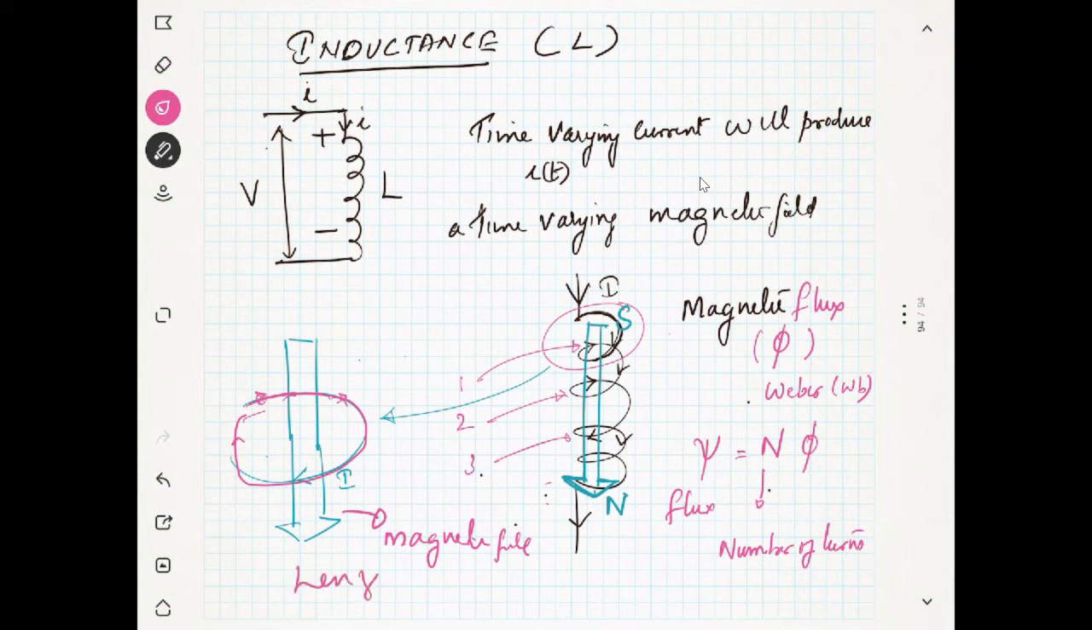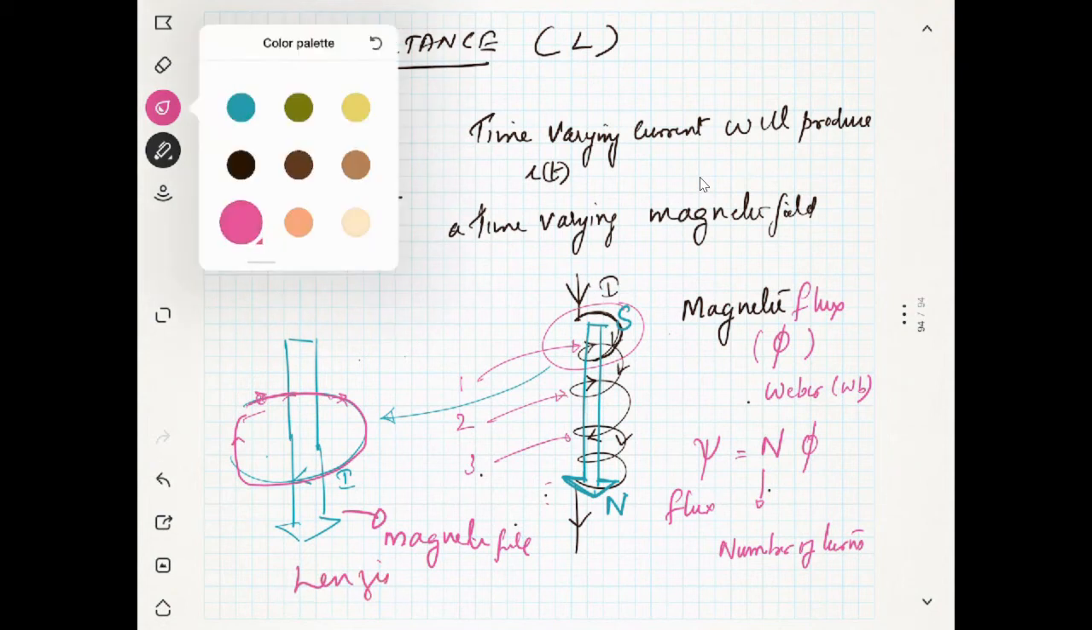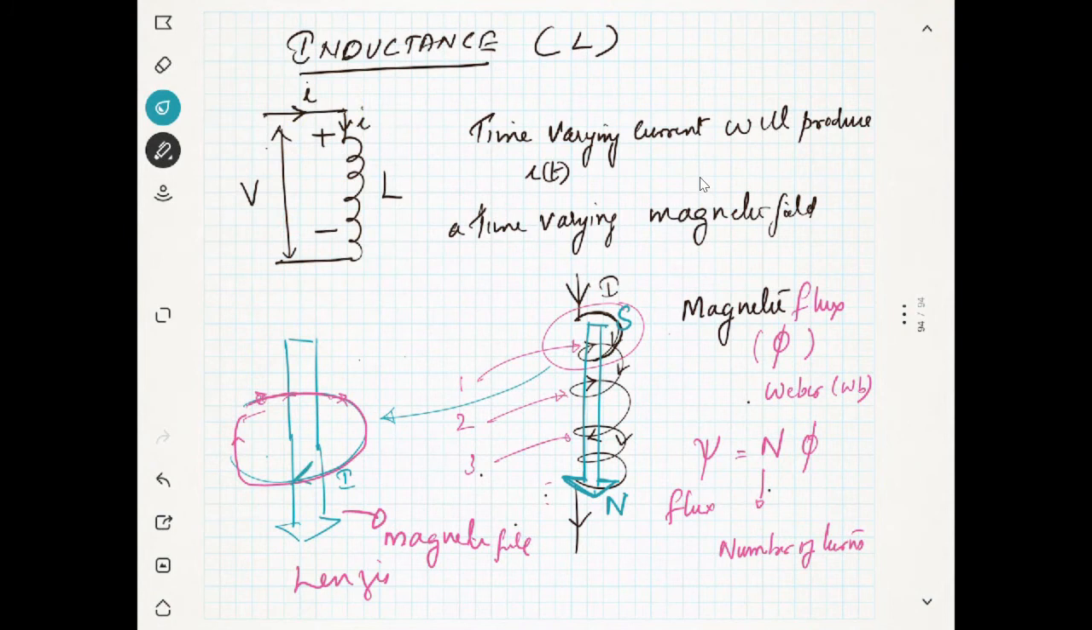To oppose the change of the current, it will try to create the current in the opposite direction. It will try to create the opposite direction whenever there is a change in the magnetic field. This will happen only if there is a change in the magnetic field. You know that if the magnetic field is constant,